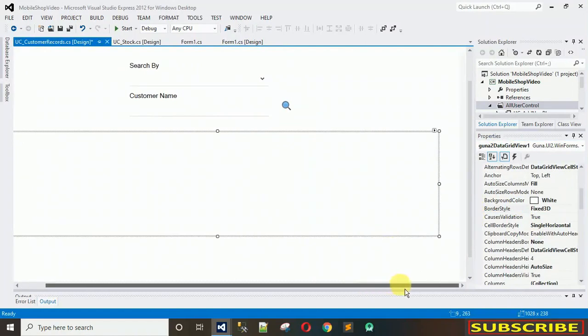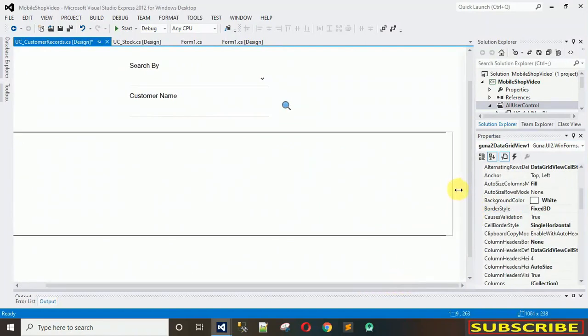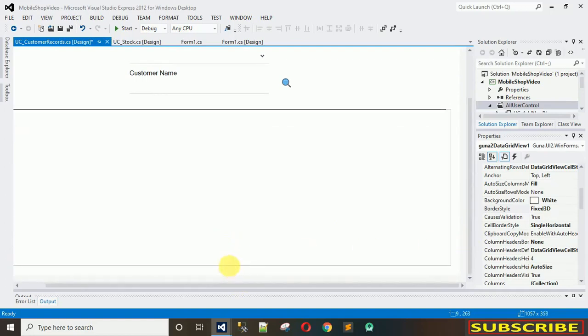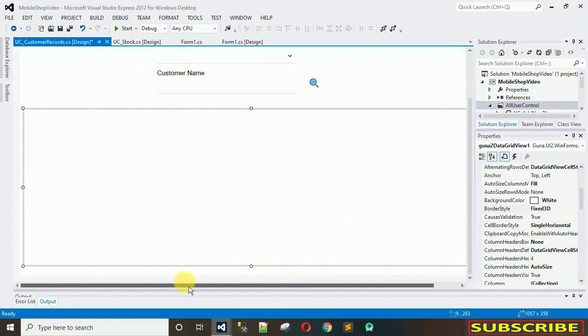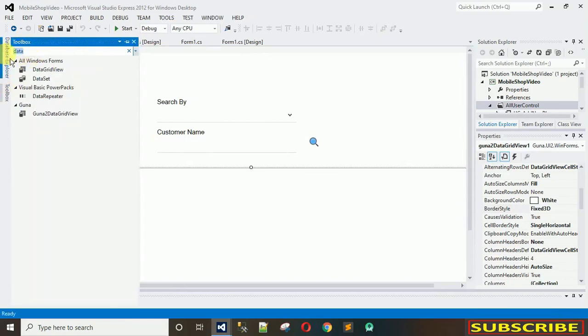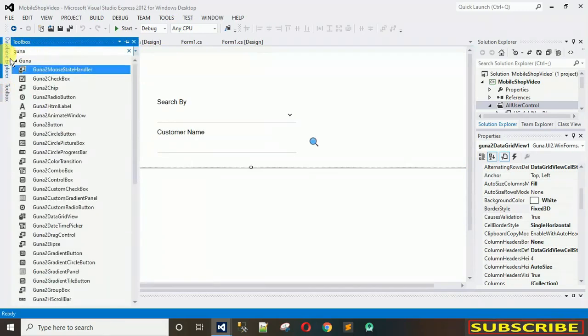And what we have to do is we have to stretch it as per the requirement or as long as your user control is. Okay, so now we are done, the designing part is done. Now what we have to do is we have to add the Guna 2 Elipse